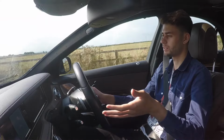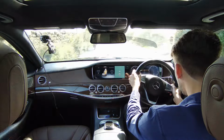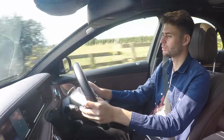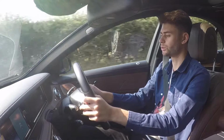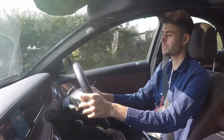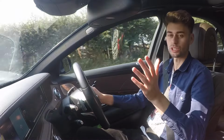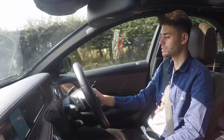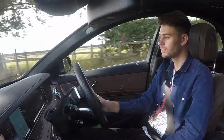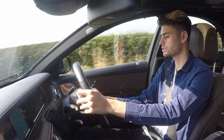So I'm now behind a cyclist, typical. So let's see what the gearbox is like. Foot down. There was a good 2 seconds there of absolutely nothing at all, and that's in sport. So I guess this gearbox is very much just set up for cruising, basically. It's not set up for lightning fast changes. Let's do it again. Yeah, there's a couple of seconds where nothing happens, but then you do just absolutely surge along,